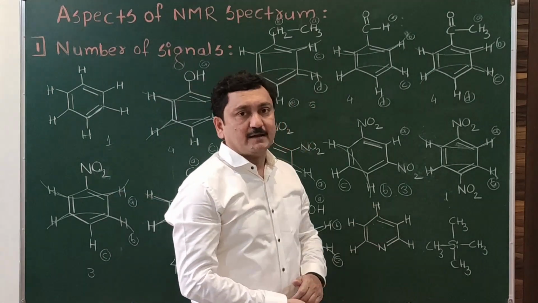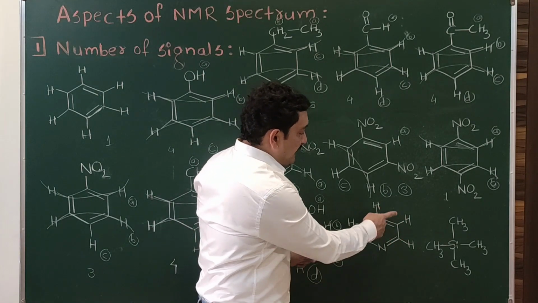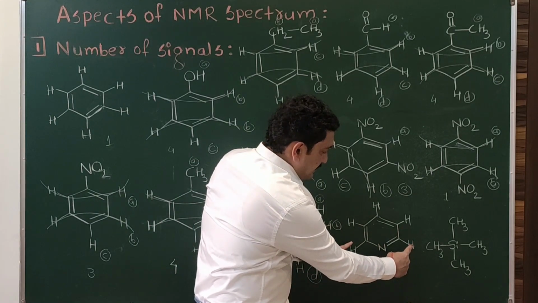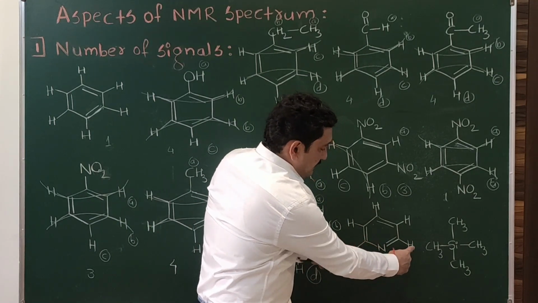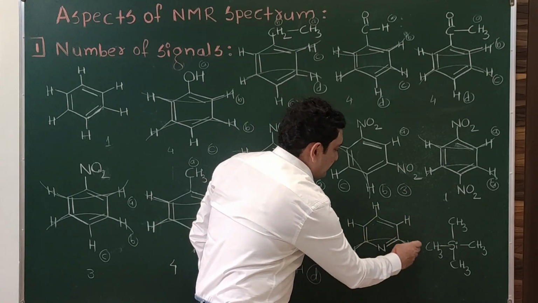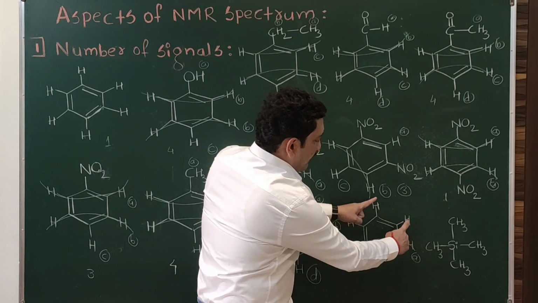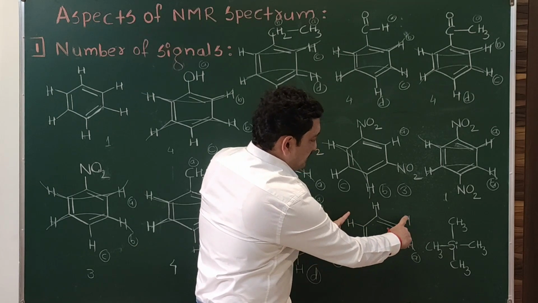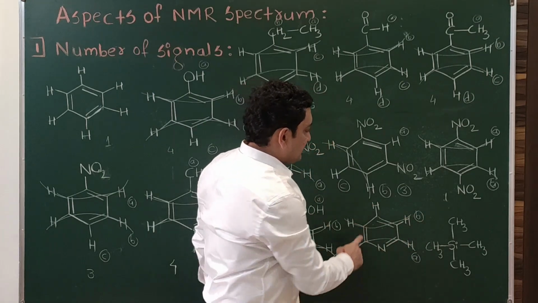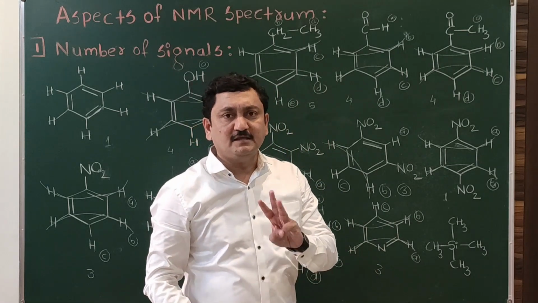Now this is pyridine. How many signals will it give? There are 5 hydrogens. Which hydrogens can be equivalent? We have to check. This is a nitrogen. Check these 2 hydrogens because at least they have one common environment: N, H, H. So collectively they will give the same signal; they are equivalent. Then we check these two hydrogens: same environment, next to the nitrogen, same environment. They give the B signal. This one is different from the rest, so that will give the third signal. So the number of signals for pyridine will be 3.